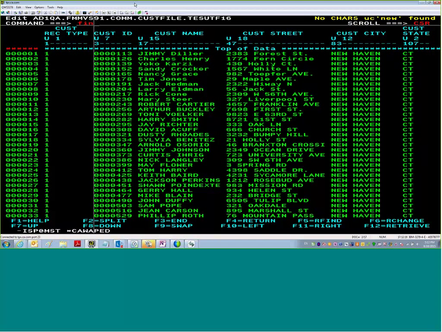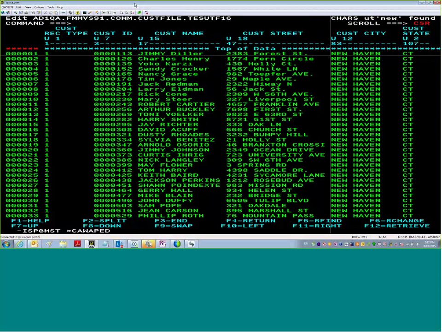If I would like to find the same word new, that doesn't care about the case sensitivity, I can use UT, and it will show me the first occurrence of the new. Here, like as usual, when you press PF5, it will skip to the next